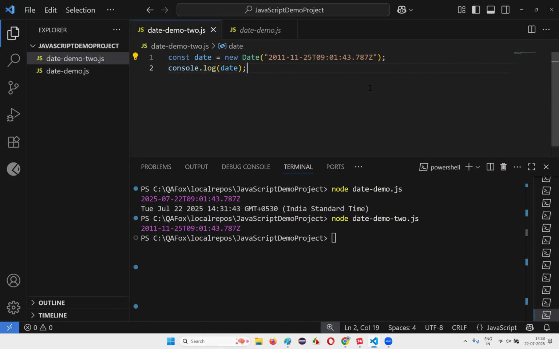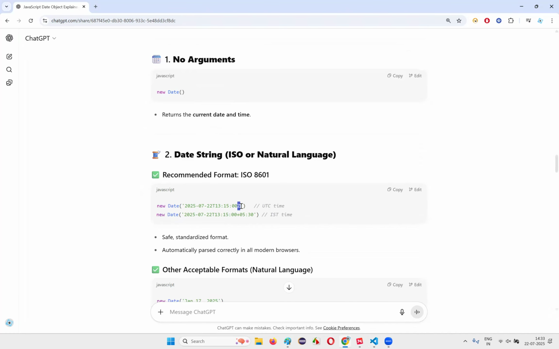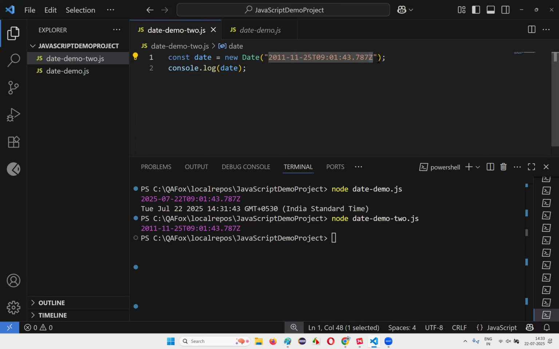Here what is there? 2011 something. In place of the Z, you give plus. This is another way. So I'll do one thing. I'll just not change anything here. I'll copy this and paste it here as date 2. This is date 1, and here, in place of the Z, I'll provide plus